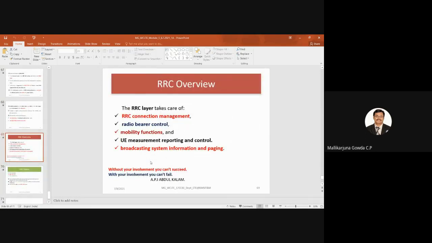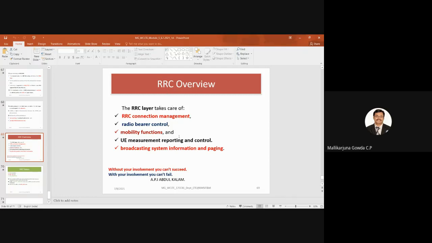So the next one is the RRC. What is RRC? Anyone can say? Radio resource control layer, right?